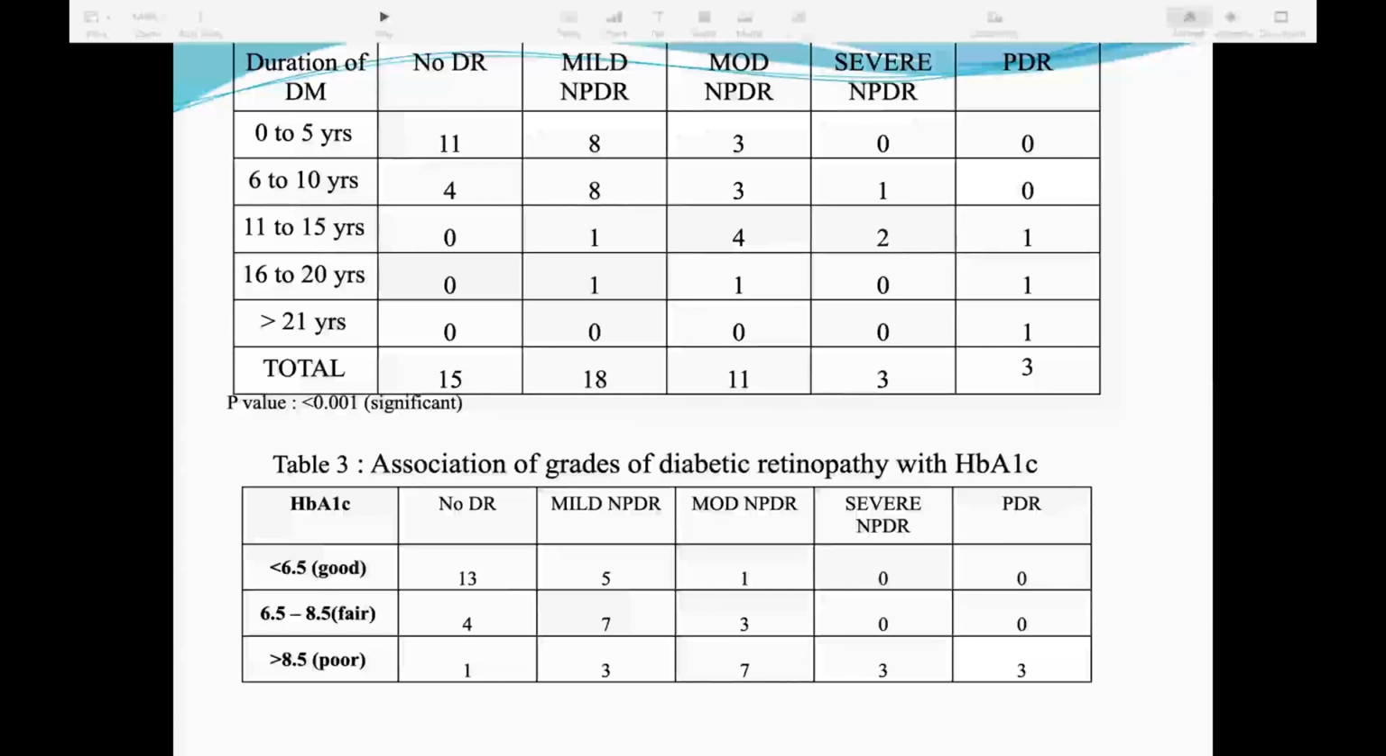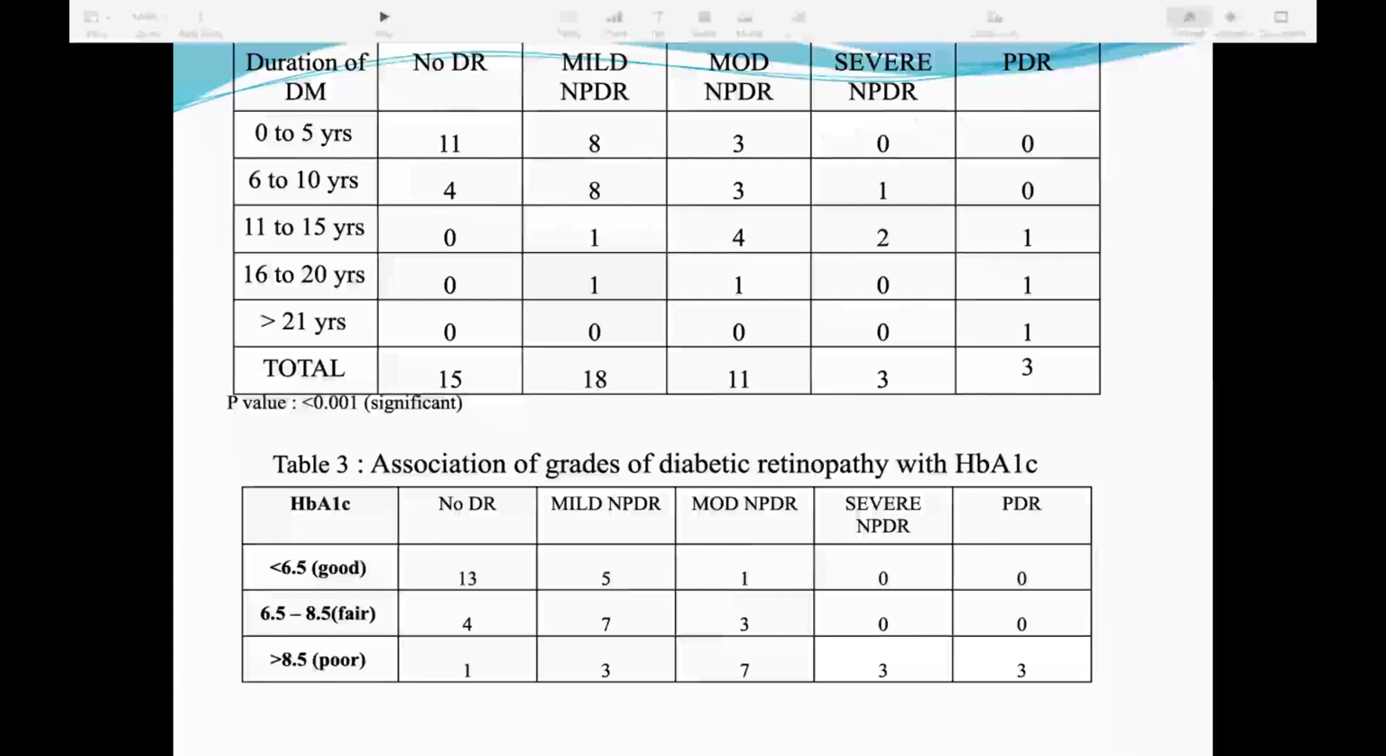Duration of diabetes mellitus 0 to 5 years: 11 patients showed no diabetic retinopathy, 8 patients had mild NPDR, 3 had moderate NPDR, 0 severe NPDR, and 0 PDR. 6 to 10 years: 4 with no diabetic retinopathy, 8 mild NPDR, 3 moderate NPDR, 1 severe NPDR, and